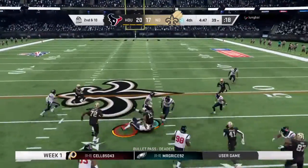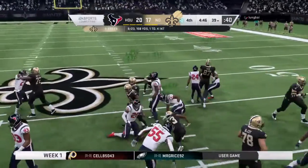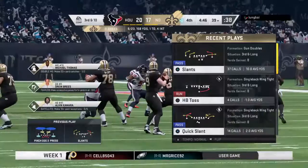Looking to throw on second down. Breeze. And that is incomplete. He couldn't hold on through the...